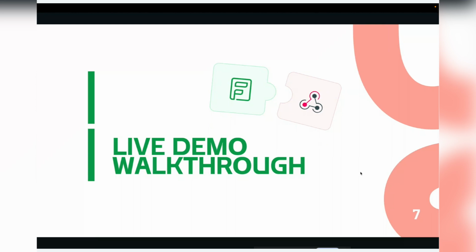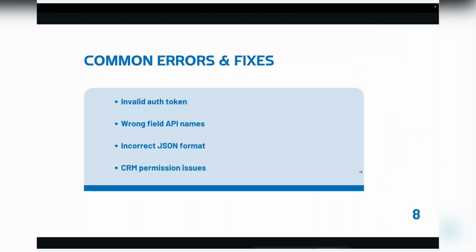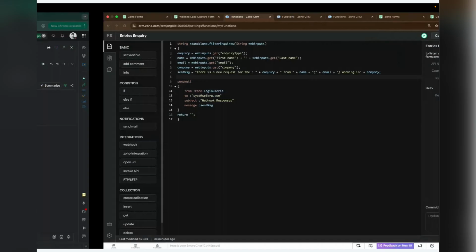Now we can discuss how that is useful and the most common mistakes. There are many common errors which can be easily fixed. Most webhooks have an invalid auth token issue. This is basically the API calls. Here we have used the API for the